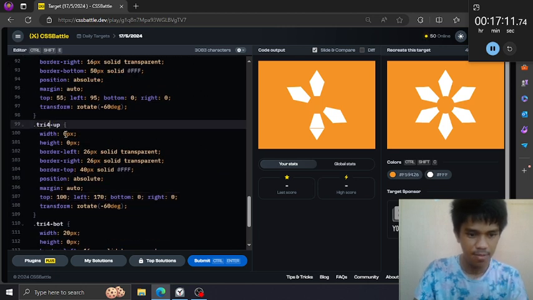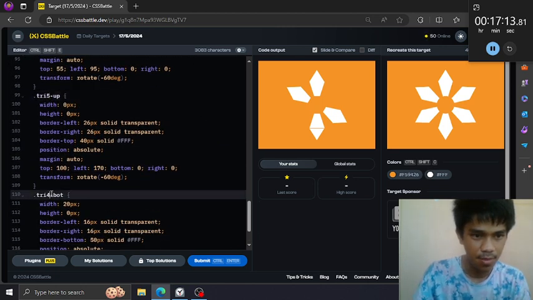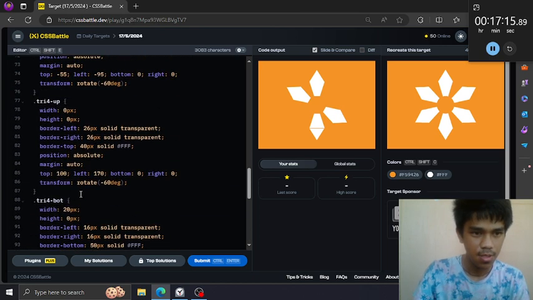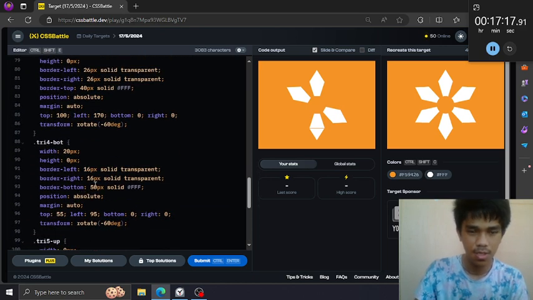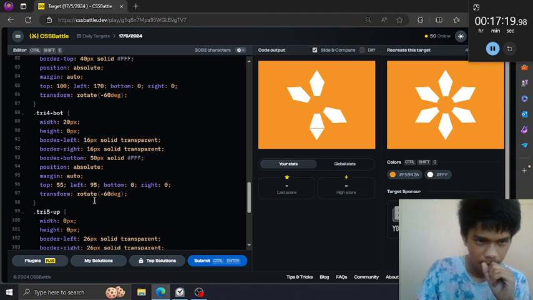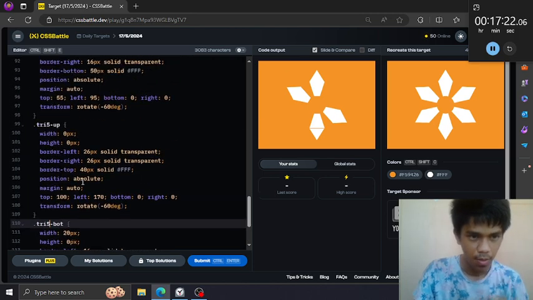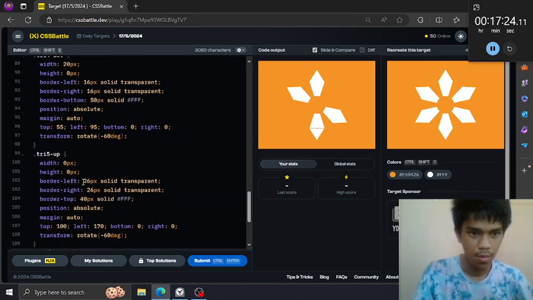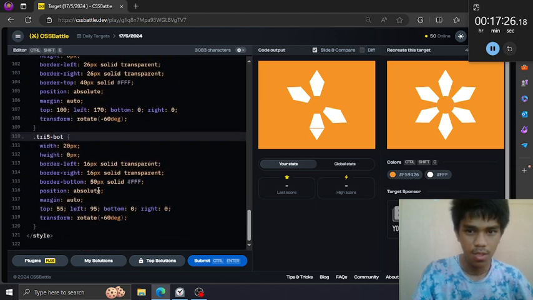Let's make this 5. And the horizontal position is okay, only the vertical.